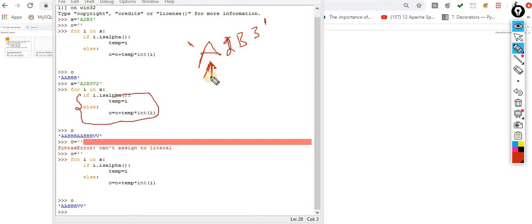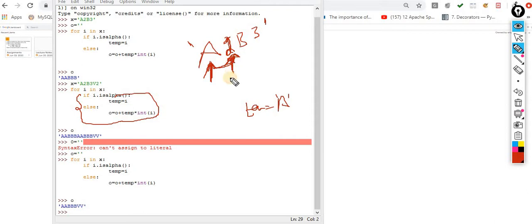If it is a character, then what I have to do is store it in a temporary variable, because I don't have to do multiplication. Now the cursor moves in the next direction. Now I have to check whether this is a digit or a character. Now it is a digit.